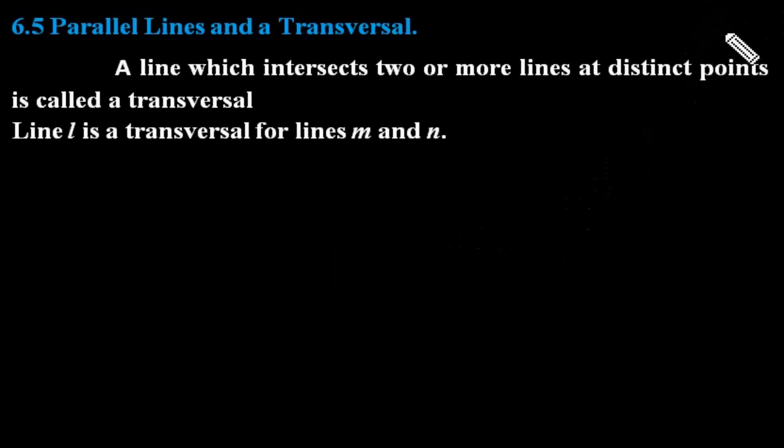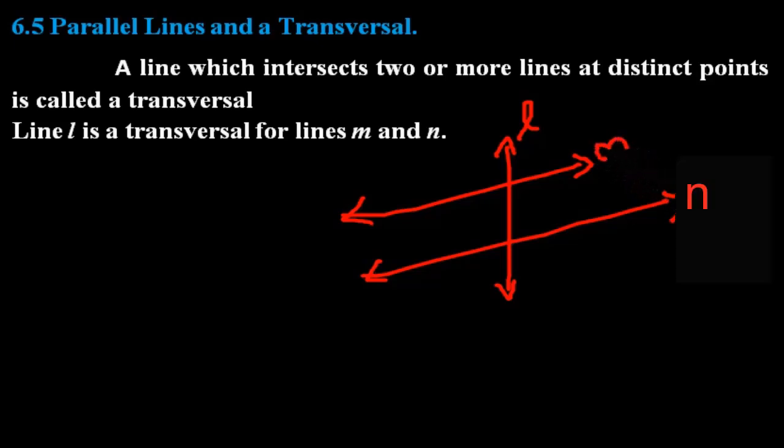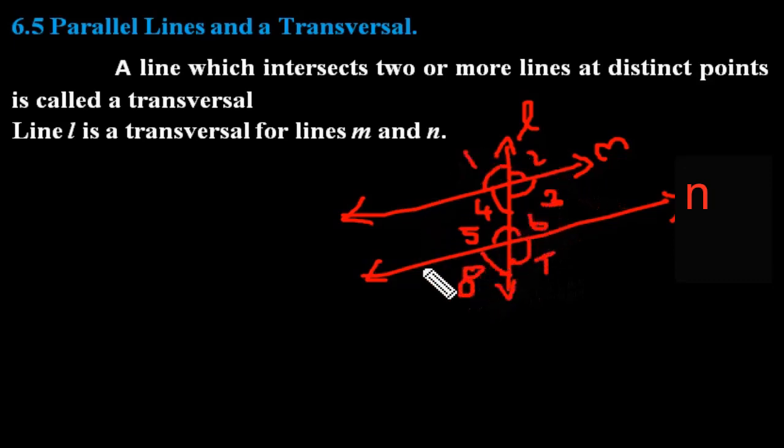Now, when we draw it like that, these are two lines and this is called the transversal line. Now we will have totally 8 angles in this, right? I am going to take this angle as 1, this one as 2, this one as 3, and this one as 4. Similarly, with this line also we have many angles: 5, 6, 7, and this one is the 8th one. Here totally we have 8 angles.